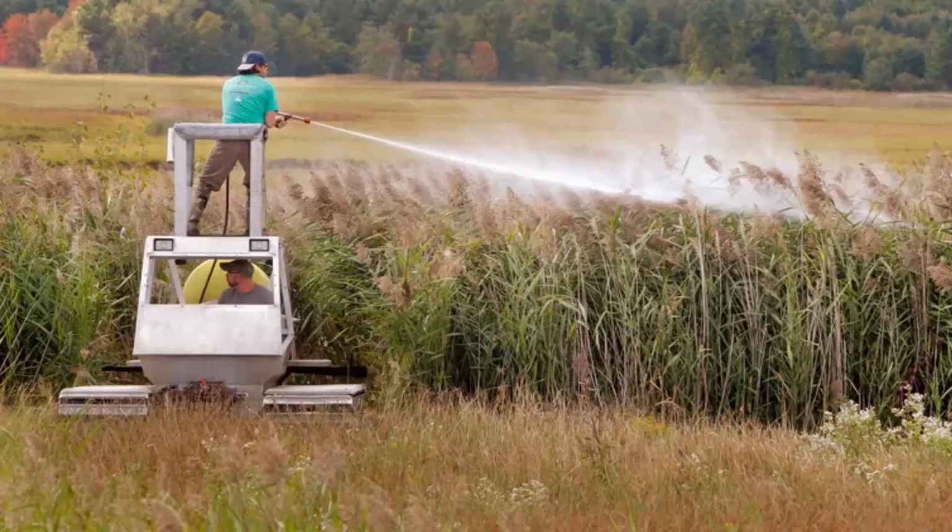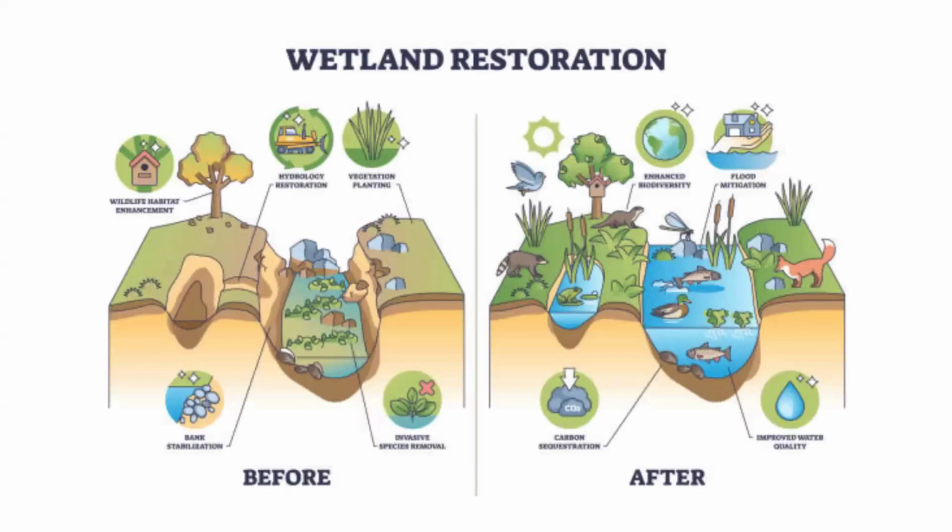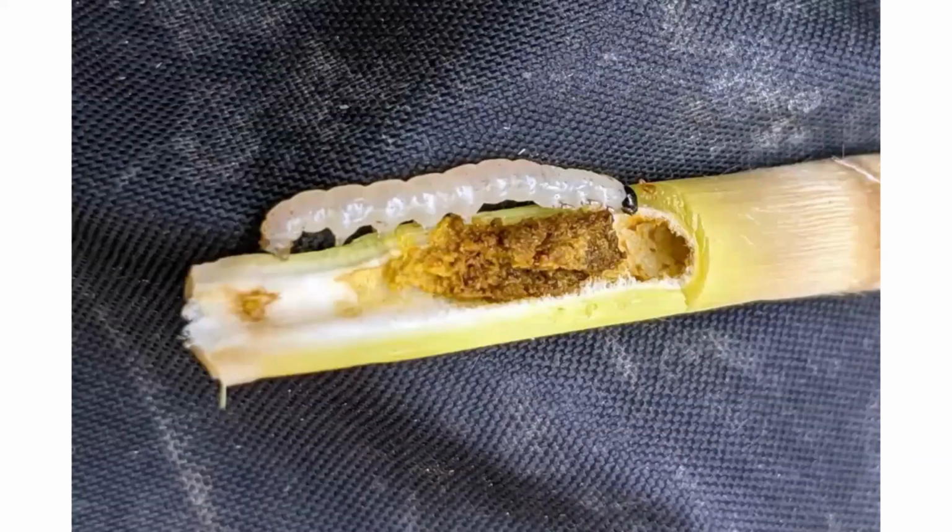Prescribed burning is also used to reduce biomass and clear accumulated debris, but it is often a temporary solution since the plant has a remarkable ability to regenerate quickly after a fire event. But this technique seems to be effective when coupled with other management techniques. Hydrological restoration seeks to restore the natural water levels in wetlands, thereby creating conditions that are unfavorable for Phragmites growth. And finally, biological control is an emerging strategy that involves the introduction of natural predators or pathogens that naturally suppress